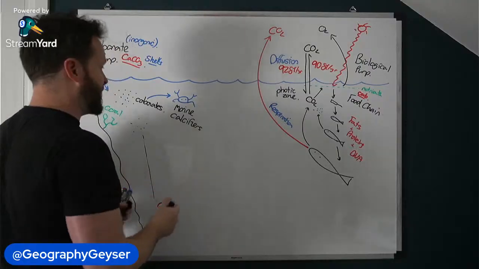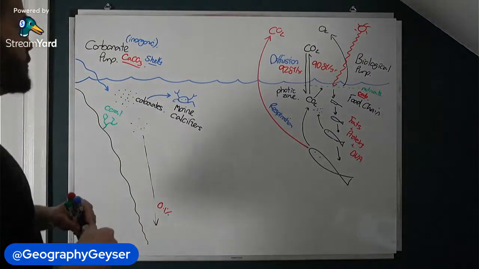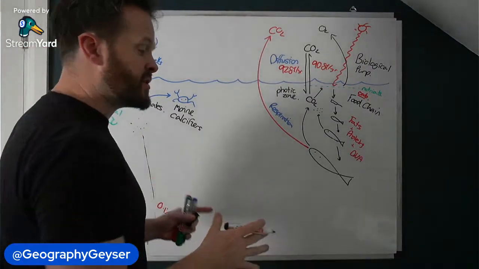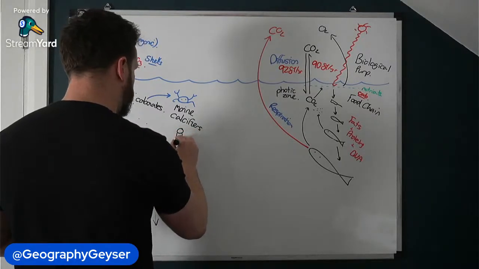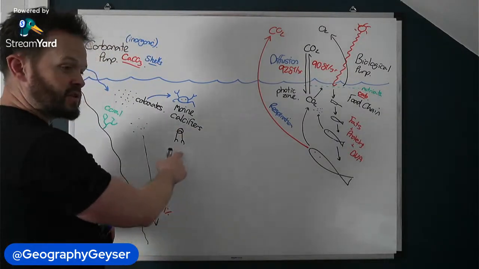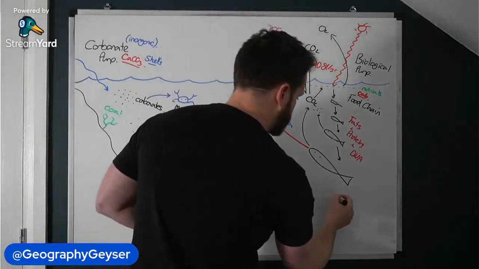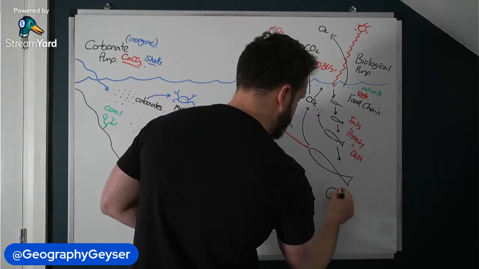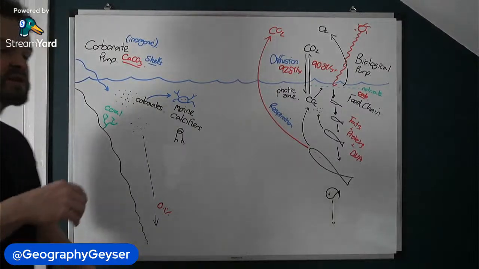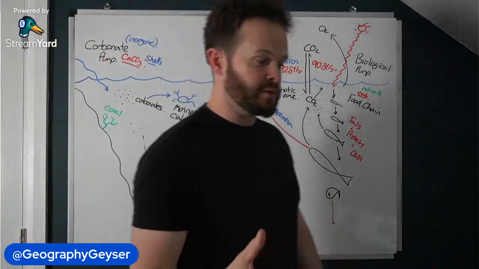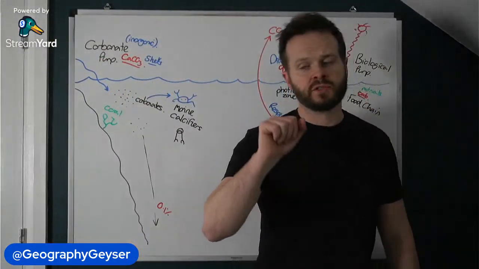Obviously, the shell will be left. But from both sides, there is the possibility in both cases for death to occur. That's a dead crab, by the way. And then I'll try and do my best effort for a dead fish. There you go. And they can both fall down to the ocean floor.